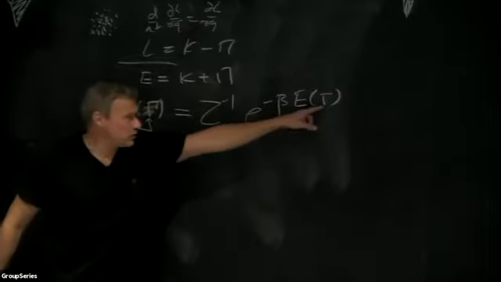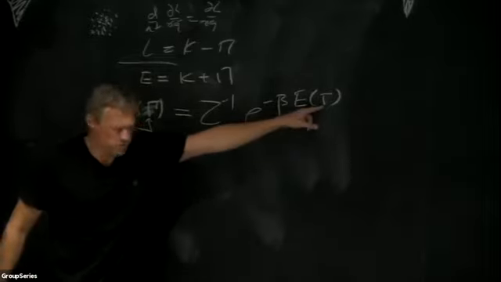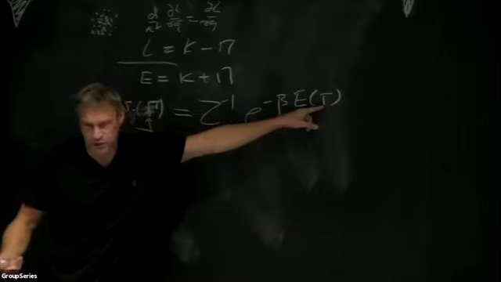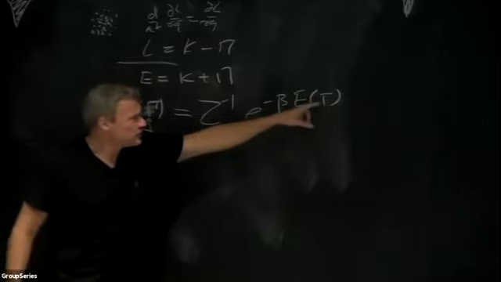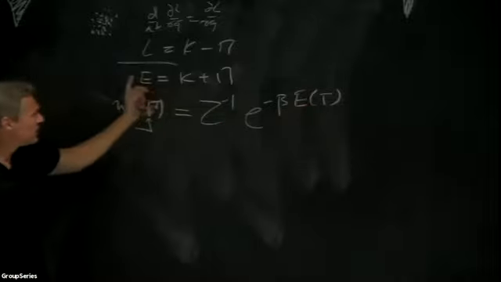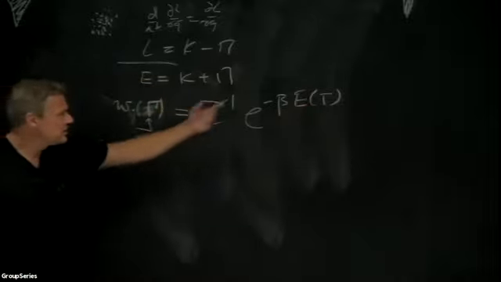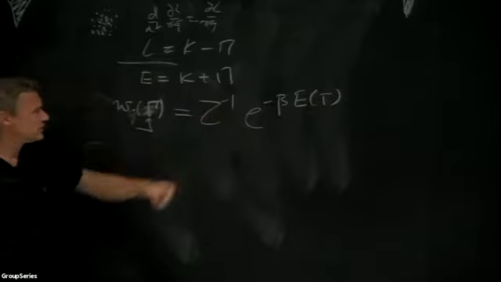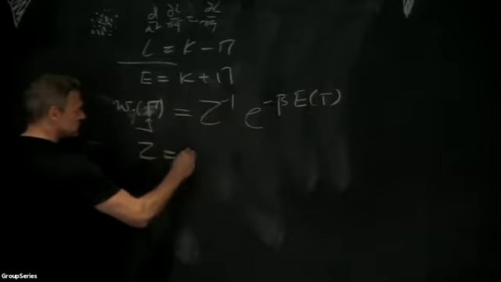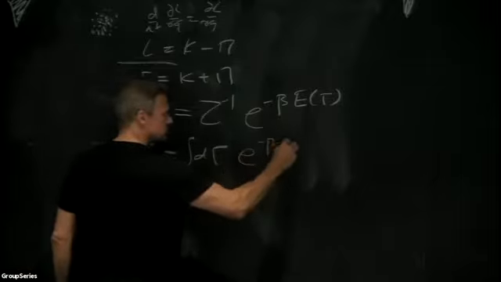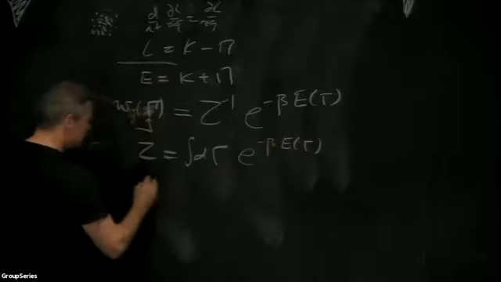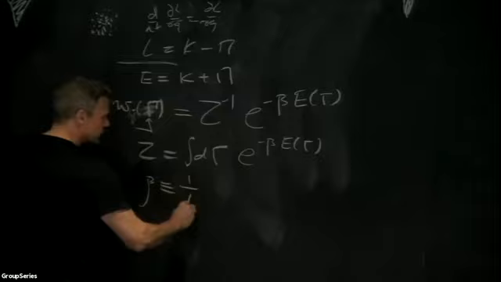So gamma is a point in phase space, right? Gamma lists all radii and all velocities. So given the point in phase space, I can calculate total energy. Knowing total energy and the statistical sum, where beta is the inverse temperature,